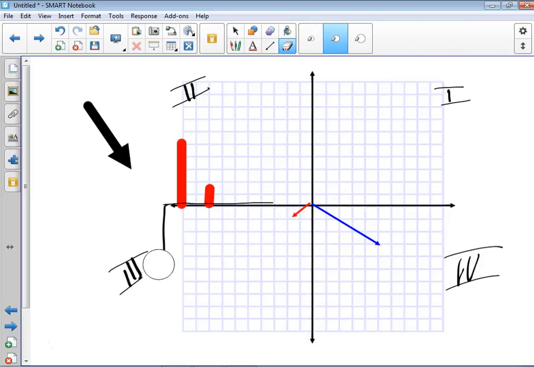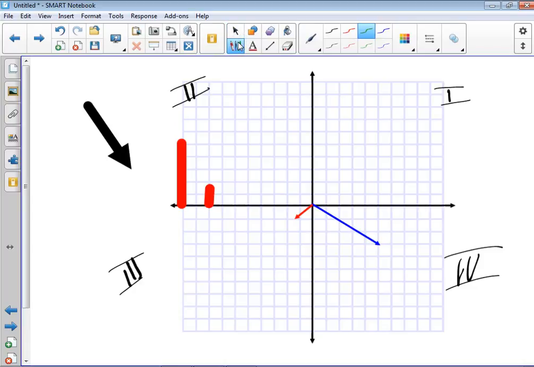So here are our two vectors. You're welcome to use, obviously you're going to have to use pencil and paper to do it, and rulers wouldn't be a bad thing either. So the next thing we're going to do is add those two vectors together